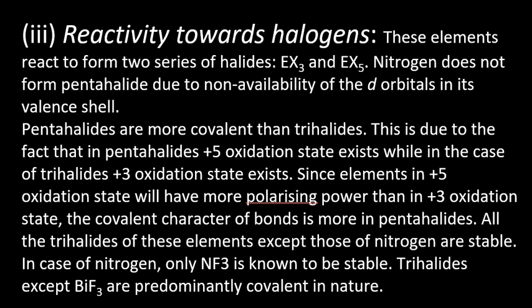And nitrogen cannot form pentahalides because of the absence of d orbital in the valence shell, and the pentahalides are more covalent than trihalides. Elements in +5 oxidation state have more polarizing power than +3 oxidation state. So the covalent character of bond is more in pentahalides,